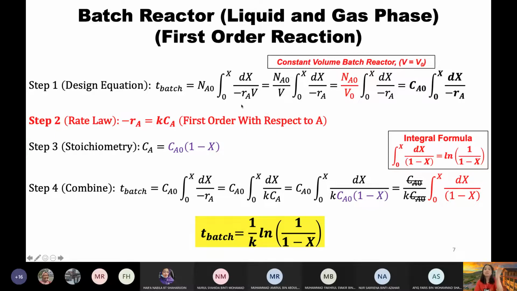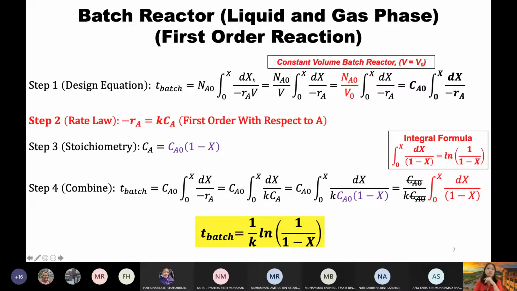Okay, so why 0 to X? Because in a batch reactor, the reactor will convert from zero conversion to the final conversion, your desired conversion. Then minus r_A, you know the rate of reaction, the rate of disappearance of A. V is the volume of the reactor which you have learned previously. Okay, then next step. When you look at this integration part, you must understand,